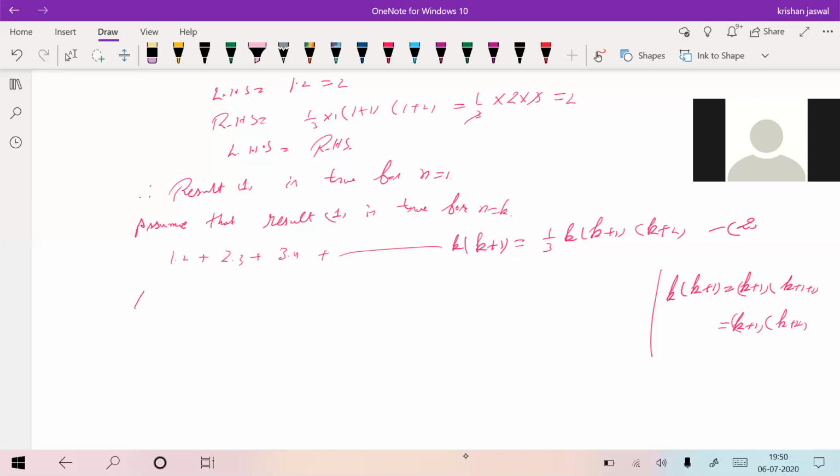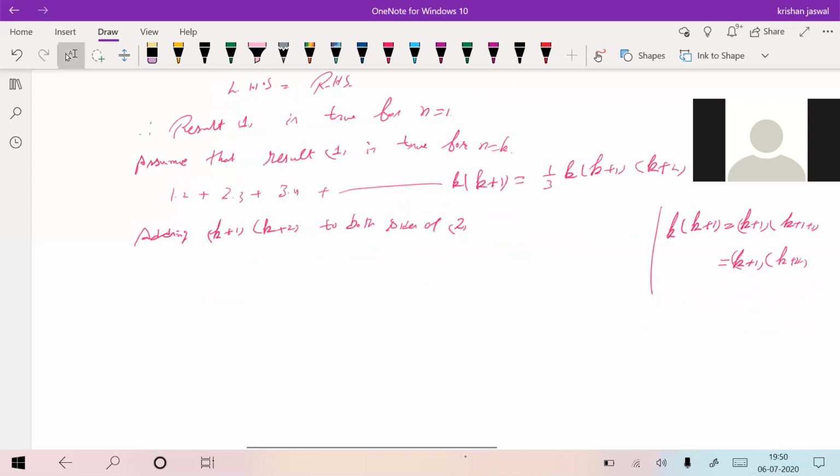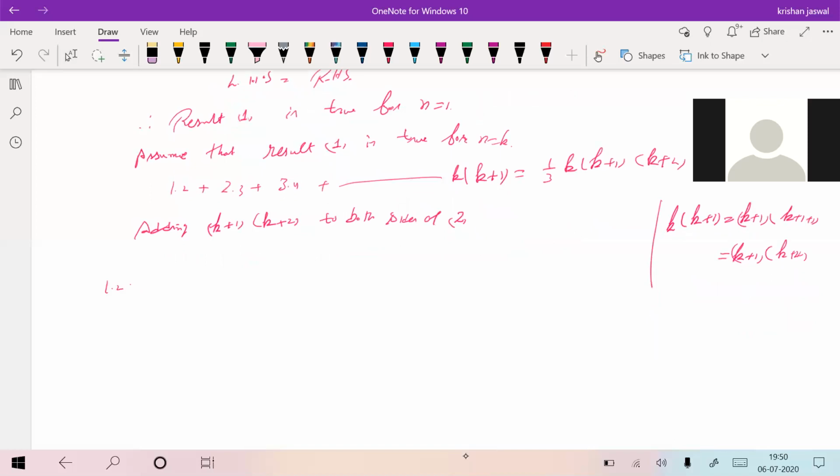Now adding k plus 1, k plus 2 to both sides of the result: 1 into 2 plus 2 into 3 plus 3 into 4 plus ... plus k into k plus 1, plus k plus 1 into k plus 2, is equal to